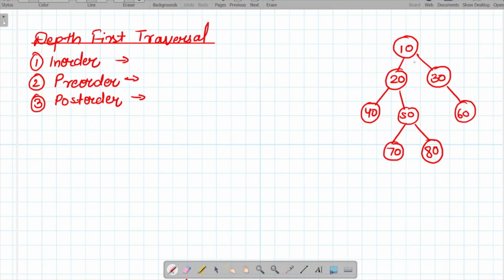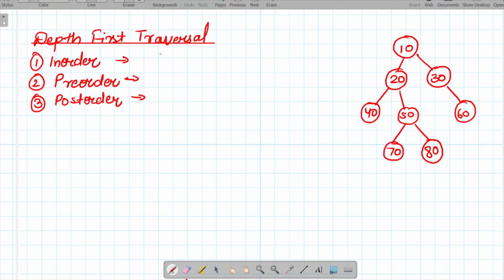Basically since a tree has a root and the left and right child, there can be 3 factorial ways of traveling, but we are going to see only 3 ways in which the left subtree will always be traversed before the right subtree. So there are 3 different categories of depth first traversal. First one is in order, second is pre-order, and the third one is post-order.